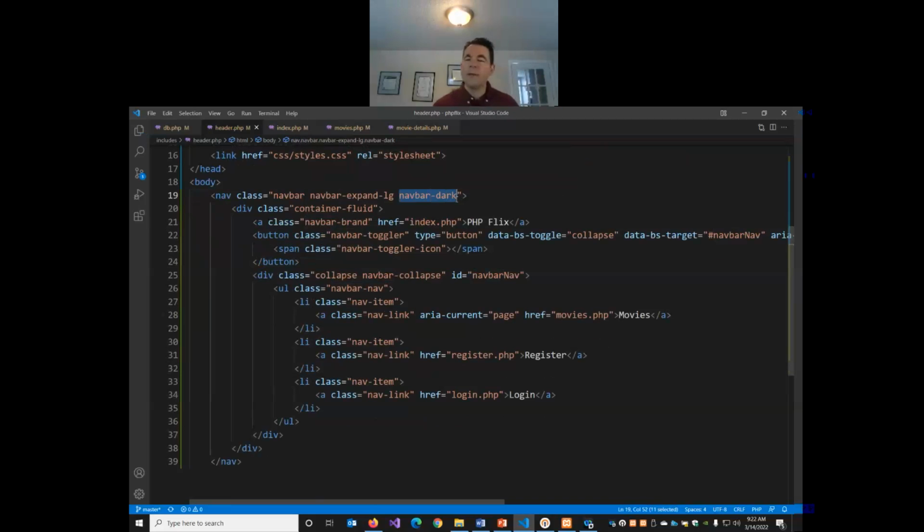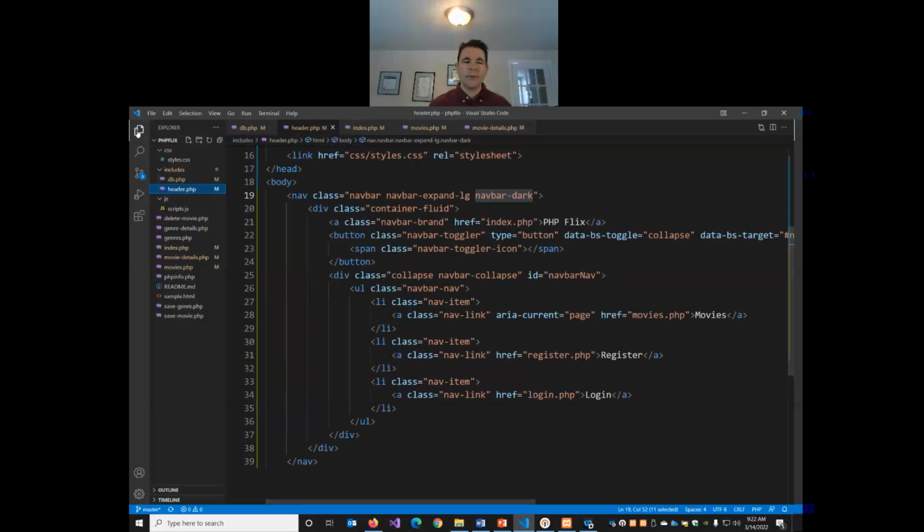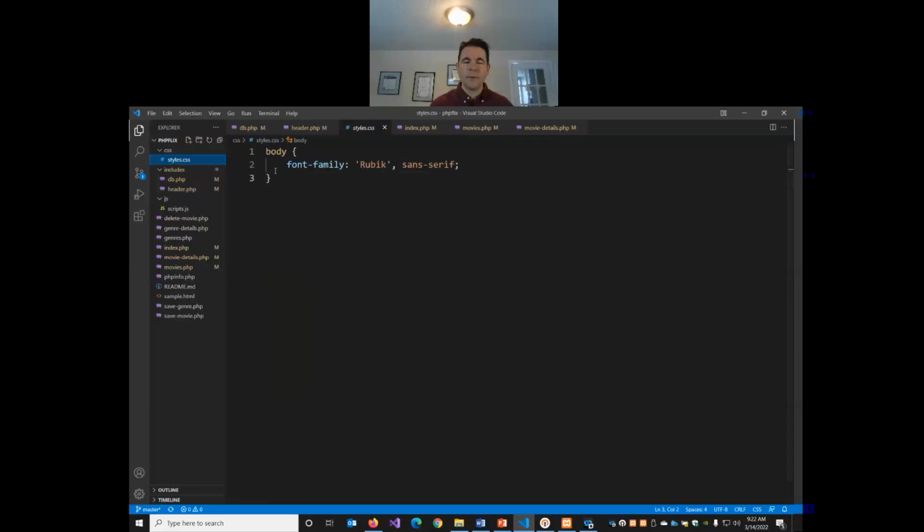And then I'm going to override the Bootstrap class in my CSS. So I'm going to customize Bootstrap with some of my own colors. So in my File Explorer, we already created a style sheet a few weeks ago when we set our Google font. So I'm going to set the navbar-dark class